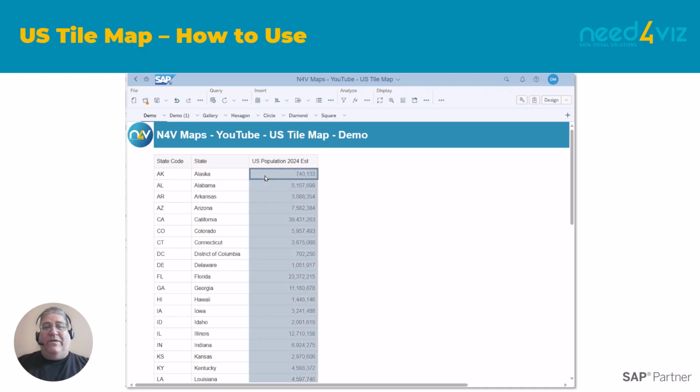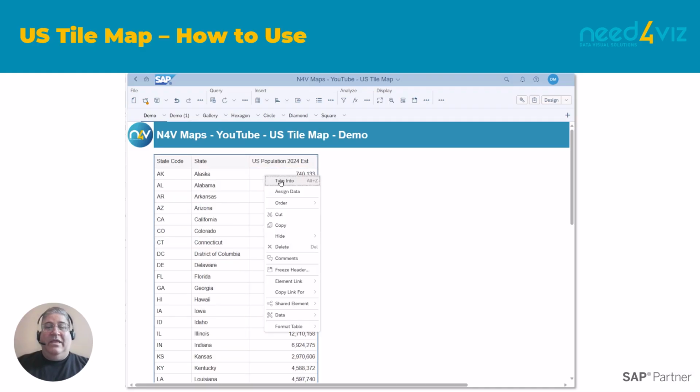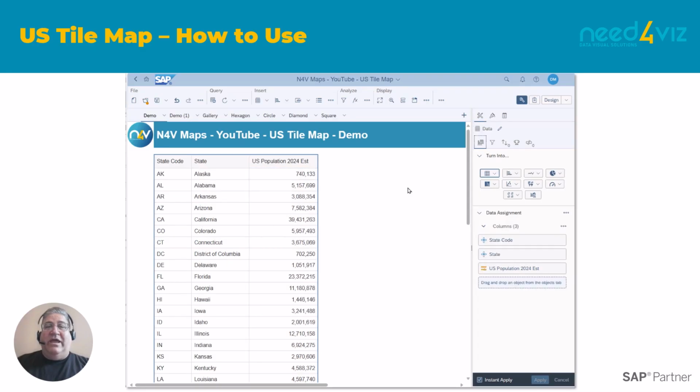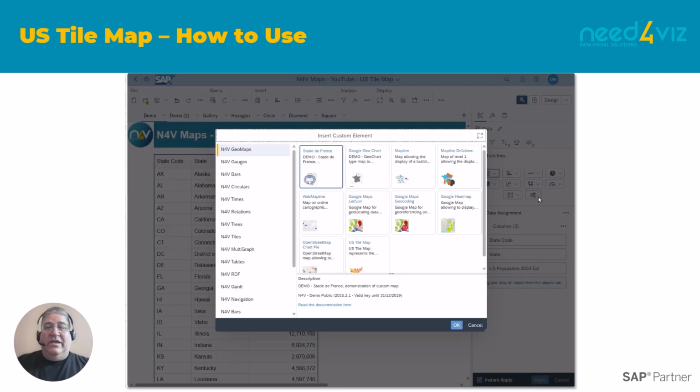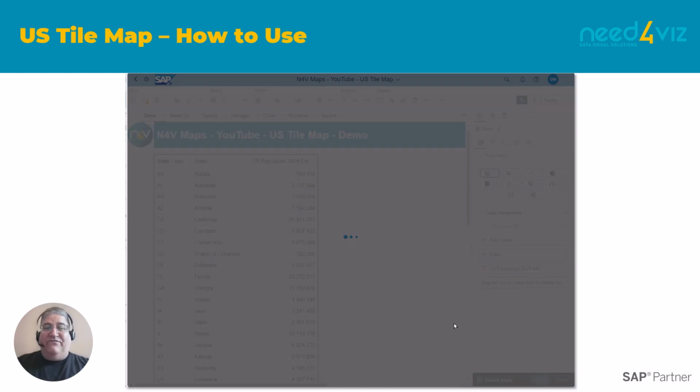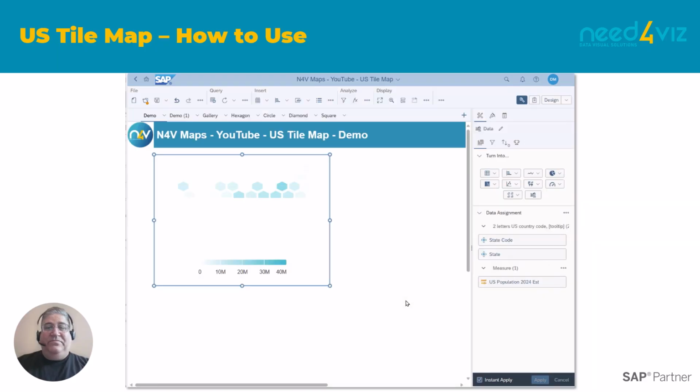Using N4V for Webby is simple. I'll begin by right-clicking on a table block, and I'll choose Turn Into, and then Custom Element. I'll select the US Tile Map widget from the N4V GeoMaps category.